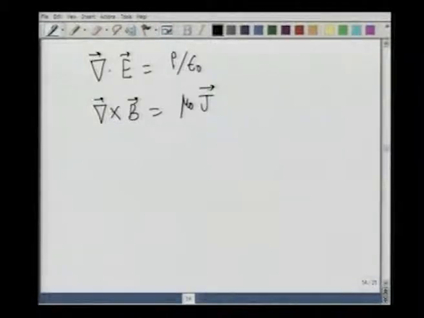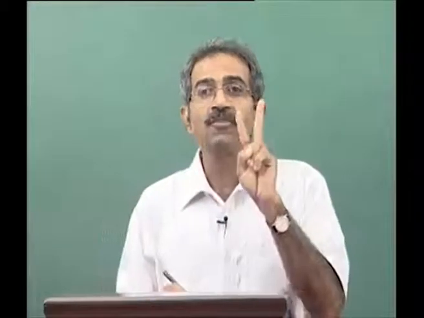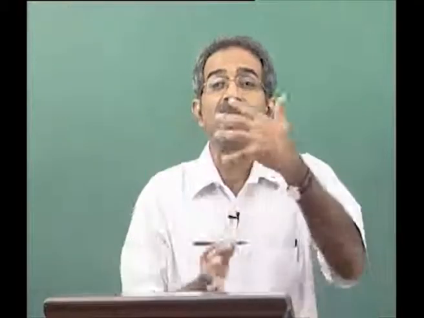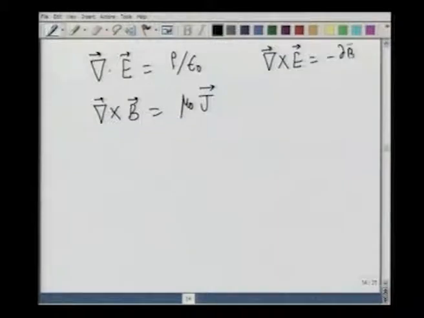And as I emphasized, when it comes to the electric field, there are two kinds of sources for the electric field. One is the material charges, which will produce a field which is curl free, and the other is a changing magnetic field. That is the famous induction law. So, let me write it here. I have curl E equal to minus delta B by delta t.